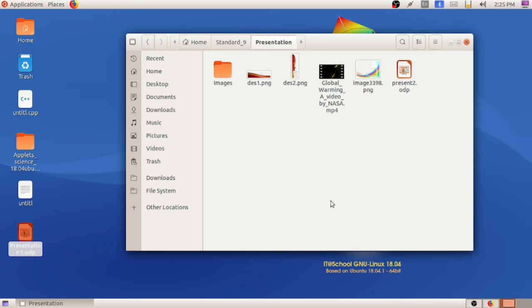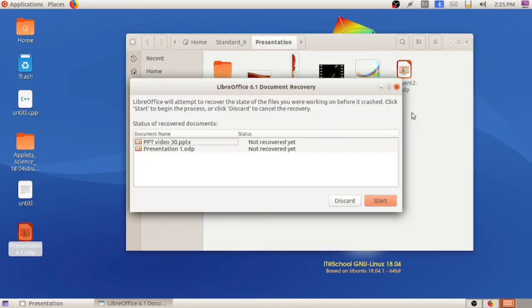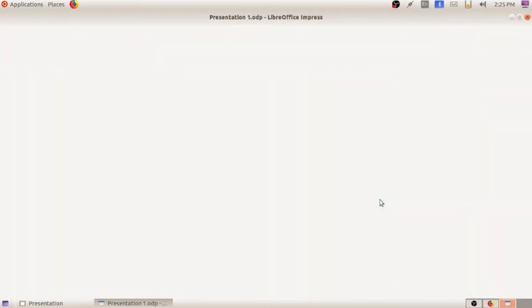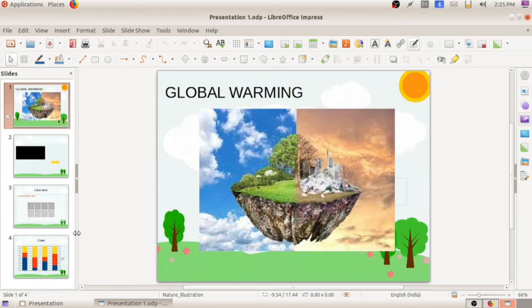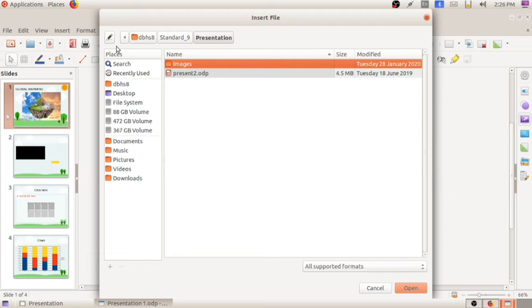So in this way we can add the presentation. That is activity 7.8 to add the presentation file. Once more I will show from the Slide menu, Insert Slide from File.